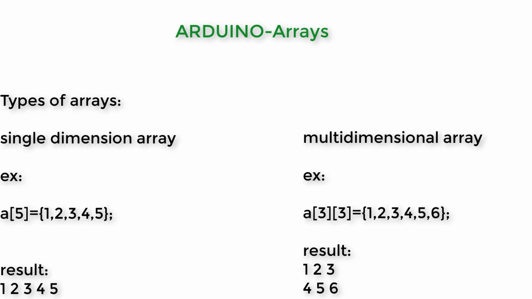Types of arrays. Well, there are two types of arrays, single dimension and multi-dimension arrays. Let's understand each of them with the help of an example. A single dimension array has one size definition square bracket, which is probably just rows, and a multi-dimension array has more than one size definition square brackets, which is both rows and columns, and probably so on as the dimensions